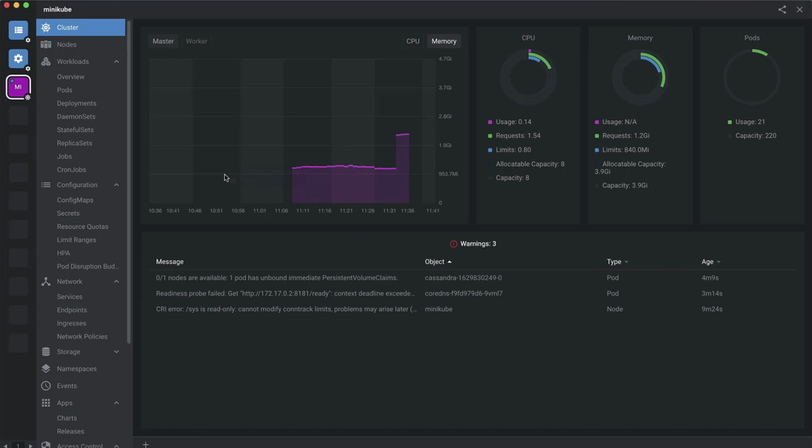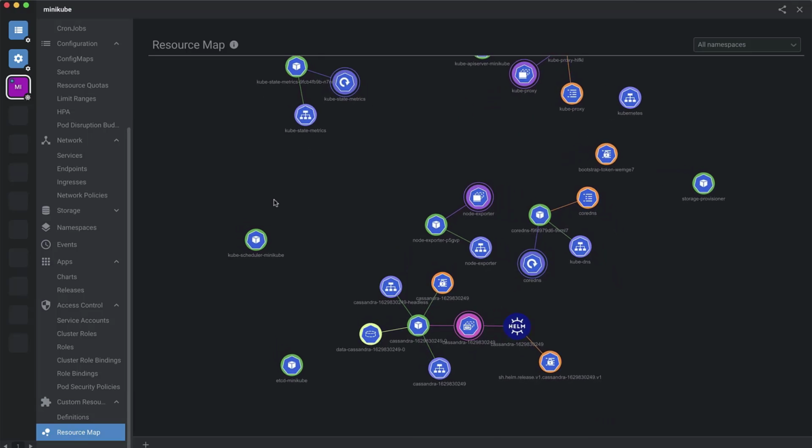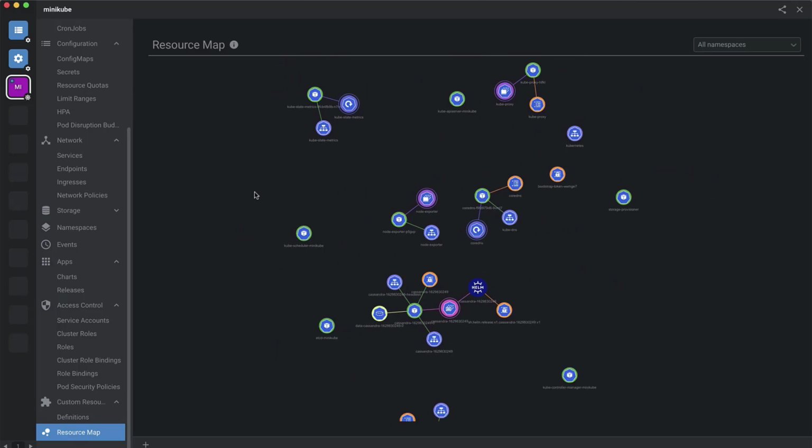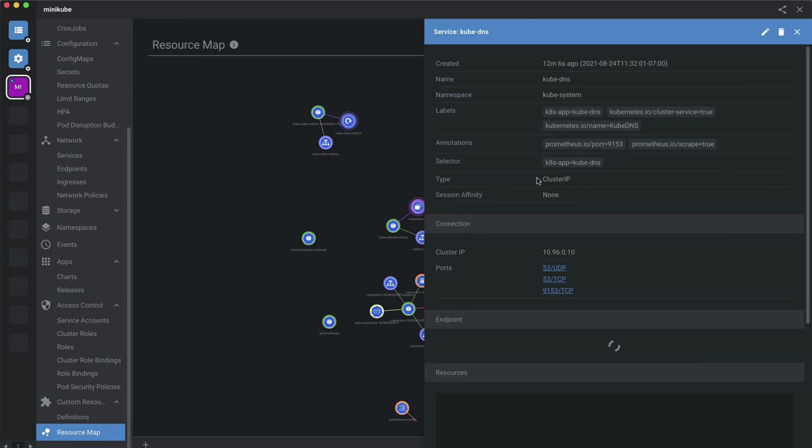We'll close out of the screen, scroll to the bottom, and click Resource Map. All extensions are at the bottom of our navigation. Clicking Resource Map will actually launch the extension. Resource Map is the name of this extension. This extension is quite cool. It's actually developed by Team Lens, and it shows us how all of our Kubernetes objects and resources are related to one another. Hovering over one of these, you can immediately see the details of this particular object and resource. You can click into it, and it immediately gives you that granular view that we're also aware of within Lens,